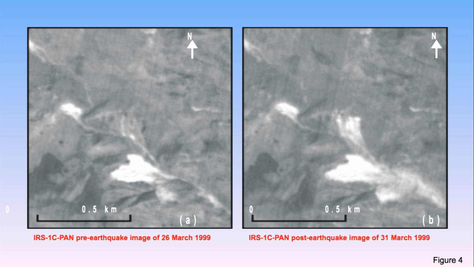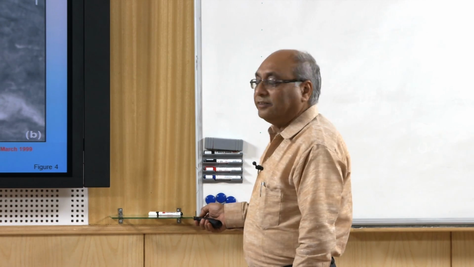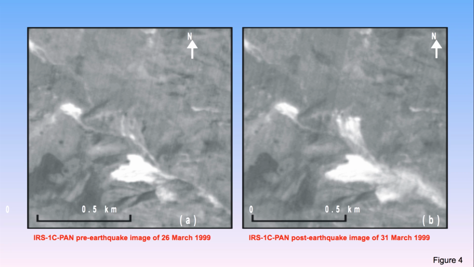Merging techniques again for change detection can be, say, in the example of earthquake induced landslide. So, this is the pre-earthquake image, this is the post-earthquake image. In the previous example we have seen 30 years time difference. Here what we are seeing is just 5 days time difference. So, in between, on 29th March 99, the Chamoli earthquake came. So, we wanted to see which are the landslides which are induced by that earthquake event,